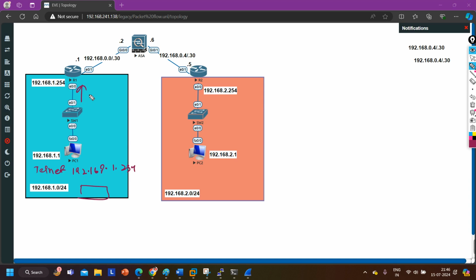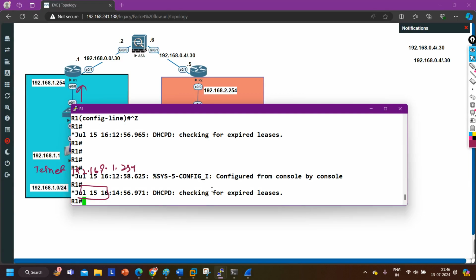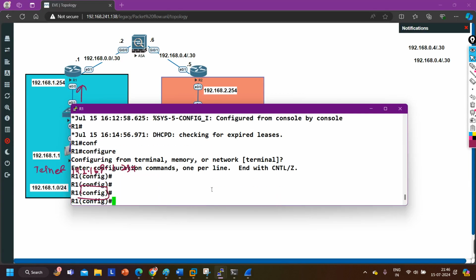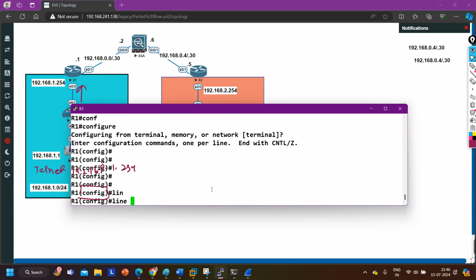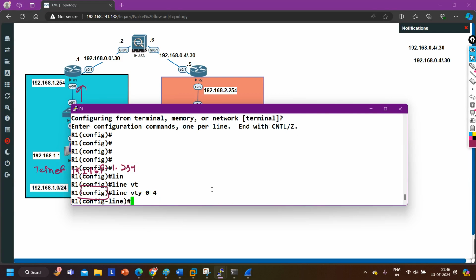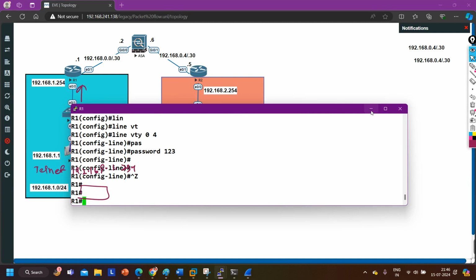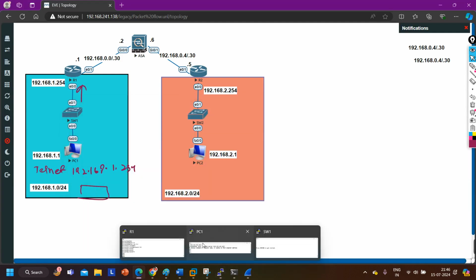If there is a password, then first it is going to authenticate the user. It will ask for a username, then your PC will ask for the username, right? Like on the router, if I configure line vty 0 2 4 and password 123, now if you try to telnet this router